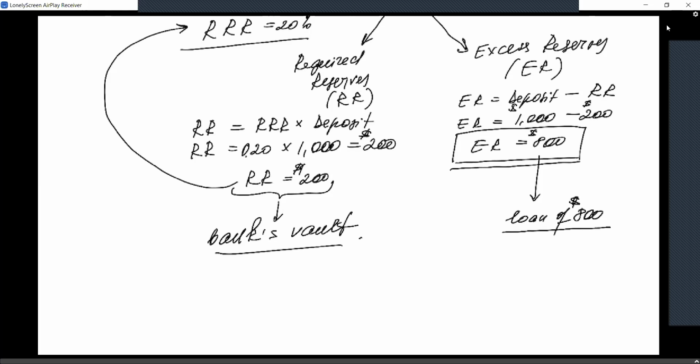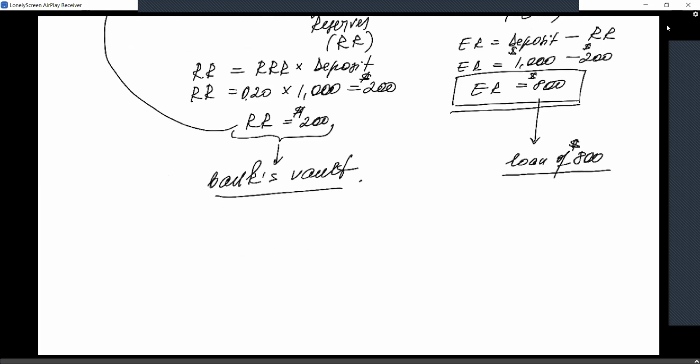So the bank takes $800 as excess reserves from your deposit and issues a loan to me. Now, how does a bank issue a loan? They could give me a check, right, that first I'm going to deposit. Or, if I am banking with this bank, they will simply deposit that loan in my checking account. However they go about issuing this loan, whether they give me a check that I deposit, or they deposit it in my checking account, the next step for this money is to become a deposit.